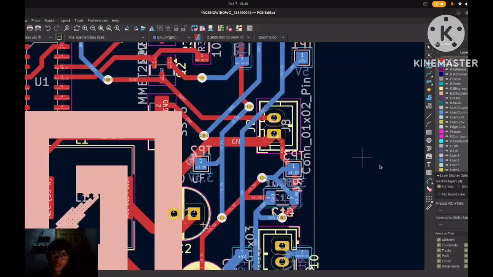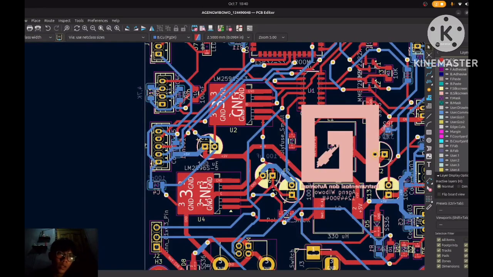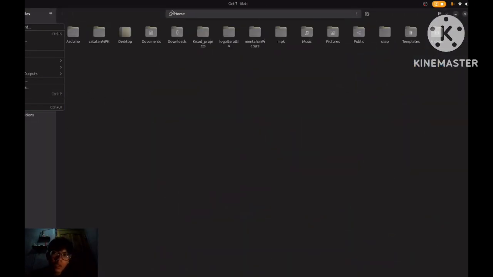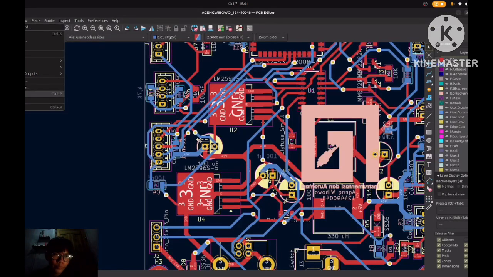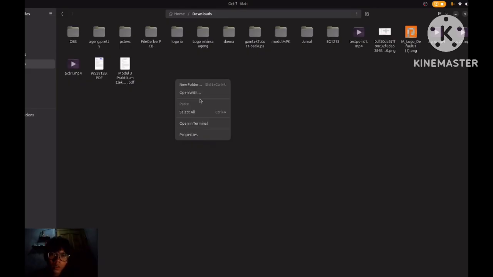Okay, next step, I will create the Gerber file. You create a new folder.